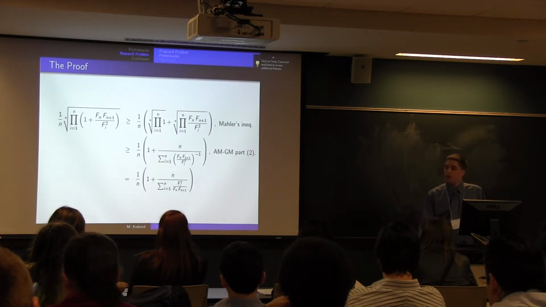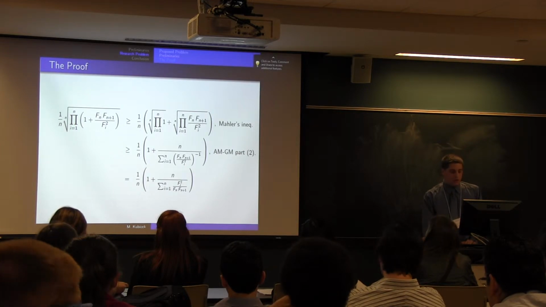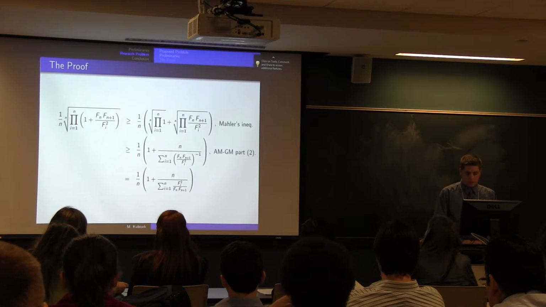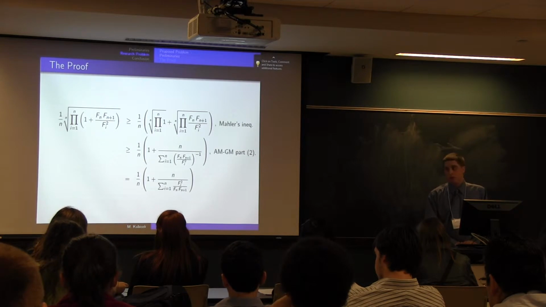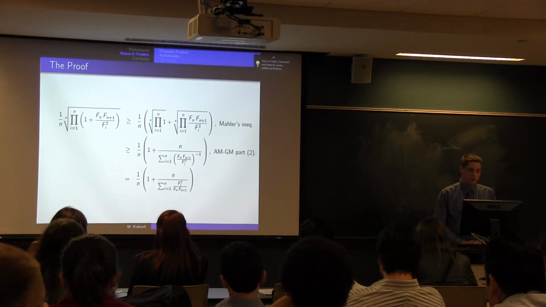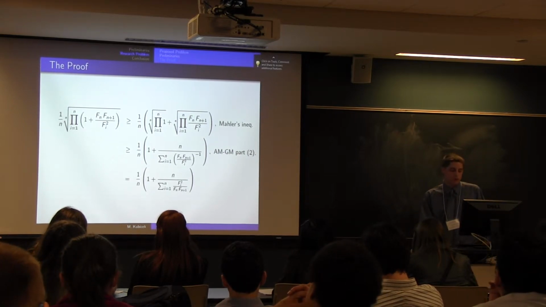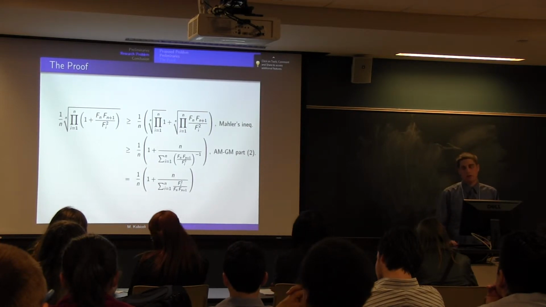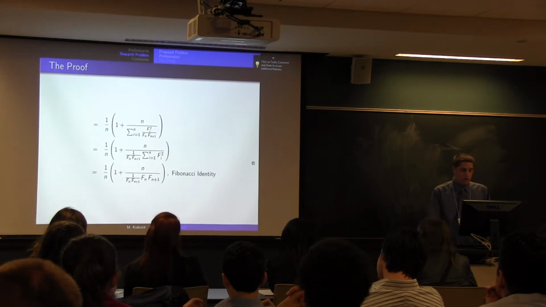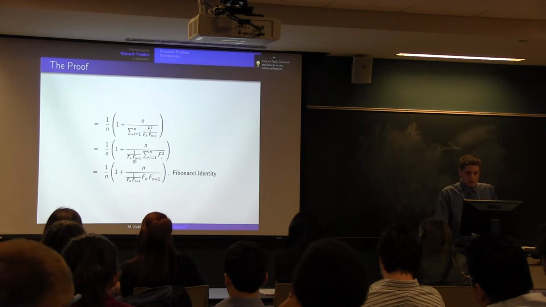And then using the second part of the AM-GM theorem, we said then that 1 over n times 1 plus n over the summation from i equals 1 to n of fn times fn plus 1 over fi squared, inverse, would be the same. And then we figured out that that would be equal to 1 over n plus 1 over n times 1 plus n over the summation of i equals 1 to n of fi squared plus fn times fn plus 1. So then going from there, we just simplify further because we knew that the summation of,